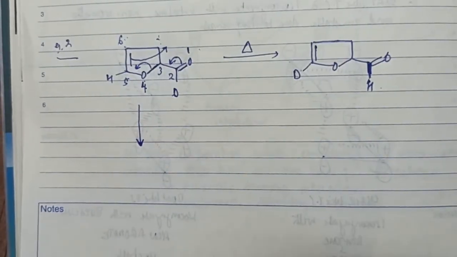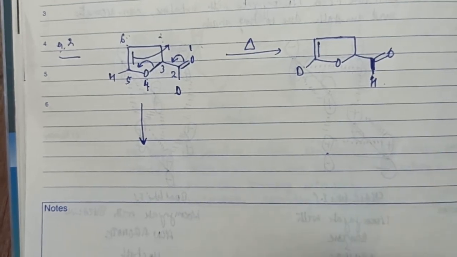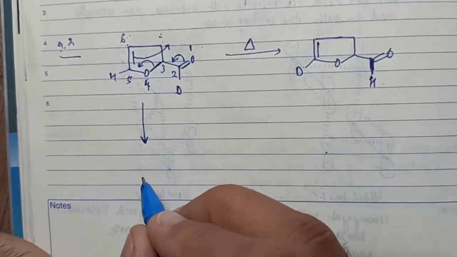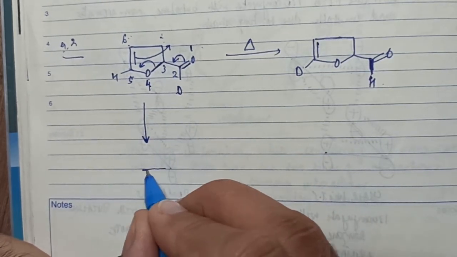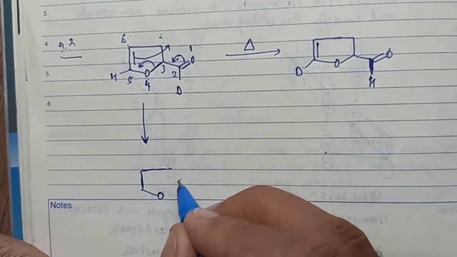Might appear very confusing to write, but once you write the product, open it properly, then you end up in the right structure. Let's see what we are working at. So we have prepared this portion of the molecule. We'll break the 3-4 bond, so I'm not drawing this bond.